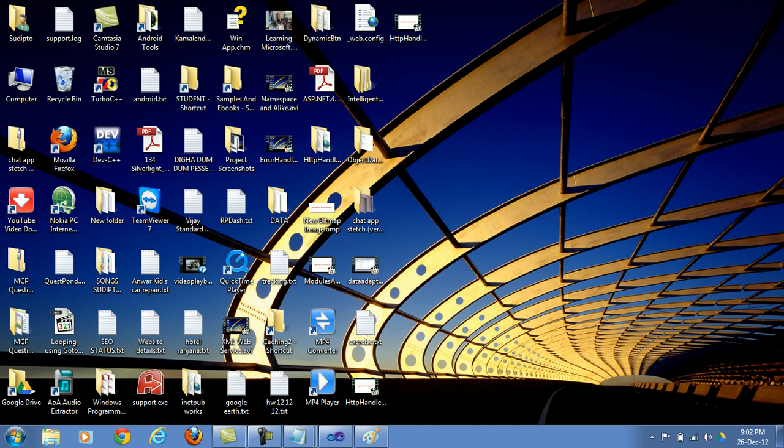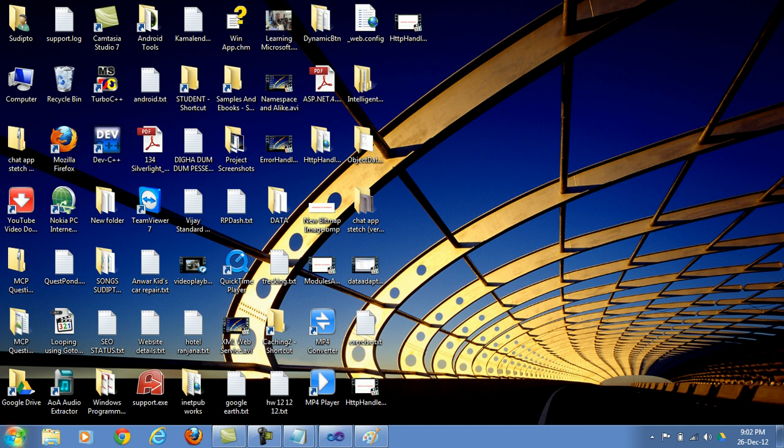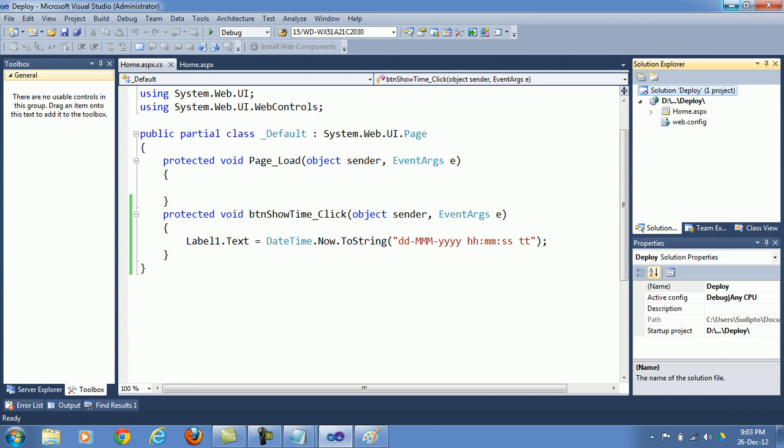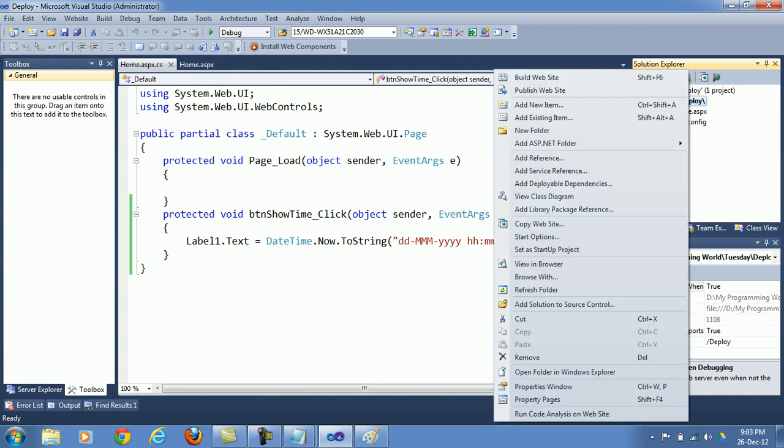So either you want to uproot certain software or plant new software from that region, you can definitely do that. So let us see what really needs to be done if I have to have this particular application running even without Visual Studio being popped in. For that matter, let me first right click on this project, go to open folder in Windows Explorer,